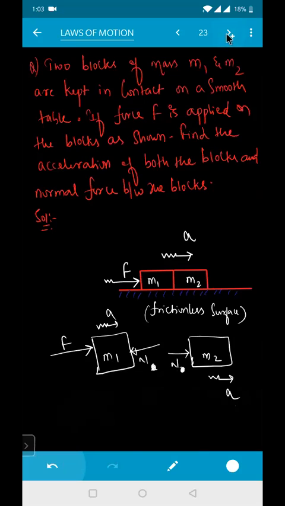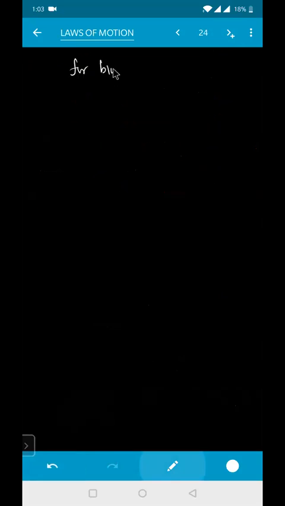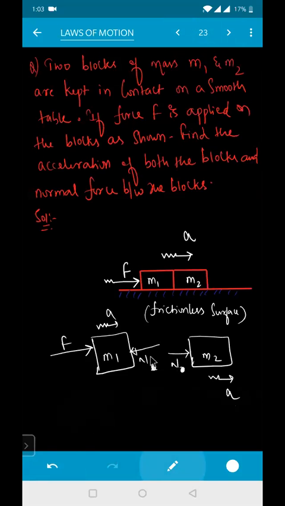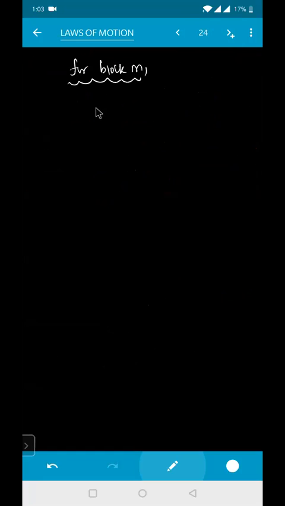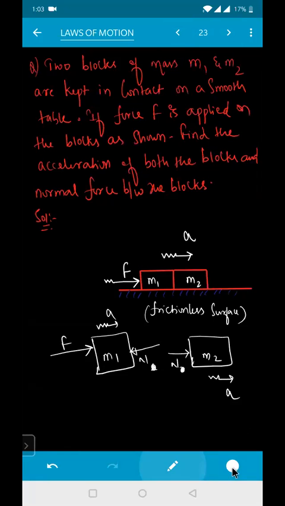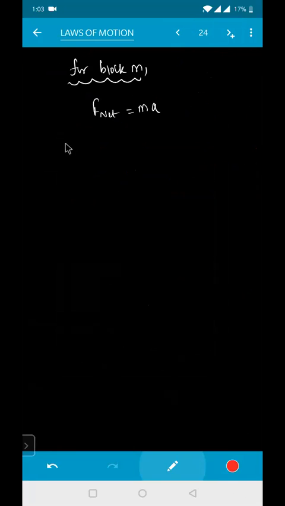फॉर ब्लॉक M1 बताओ। एक तो फोर्स सामने लग रहा और एक फोर्स पीछे लग रहा है, कितना? n। फोर्स मस्ट बी इक्वल टू मास इनटू एक्सेलरेशन फ्रॉम न्यूटन सेकंड लॉ। F net must be equal to net force must be equal to mass into acceleration। नेट फोर्स क्या क्या है देखो, M1 पे क्या क्या फोर्सेस लग रहे हैं? पॉजिटिव एक्स एक्सिस में F लग रहा है और नेगेटिव एक्स एक्सिस में n लग रहा है। तो पॉजिटिव फोर्स पहले लिखो, नेगेटिव फोर्स बाद में। तो F माइनस n इज इक्वल टू मास ऑफ बॉडी m1 इनटू योर एक्सेलरेशन a।